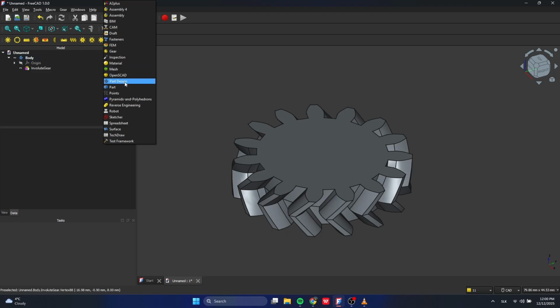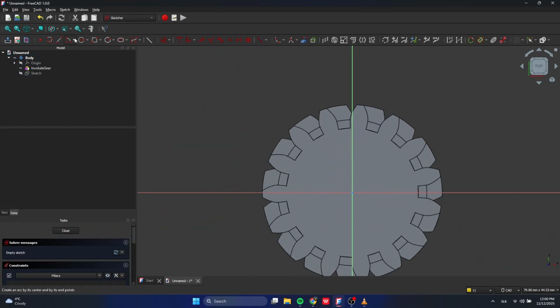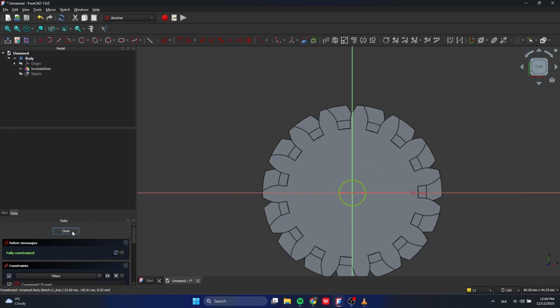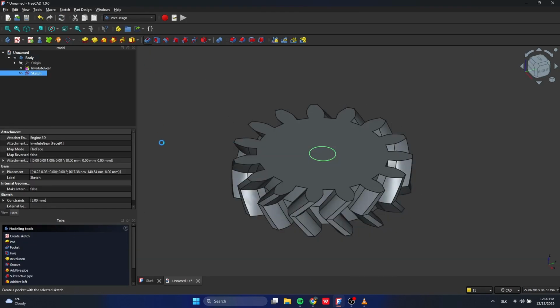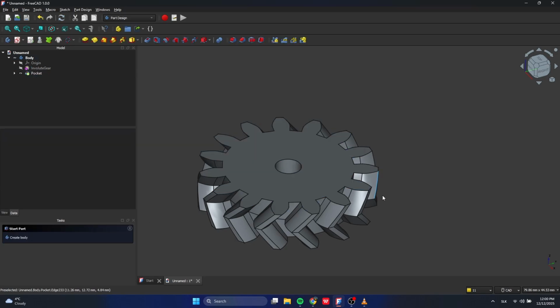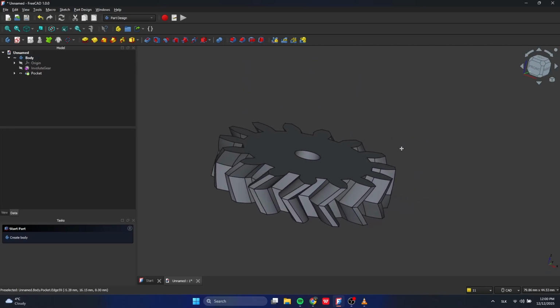You might want to sketch a hole in the center for a motor shaft, or maybe attach a hub or mounting structure. Just click the top face of the gear, create a new sketch, draw your profile, and pad or pocket it as needed. And that's the entire process for making helical gears in FreeCAD, from installing the workbench to